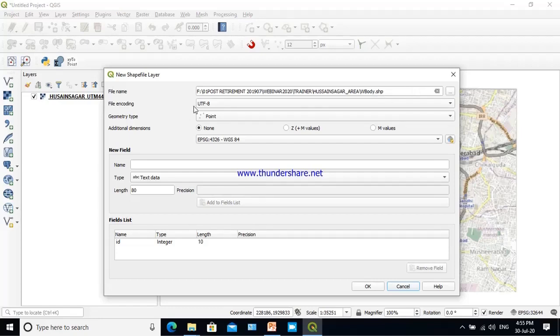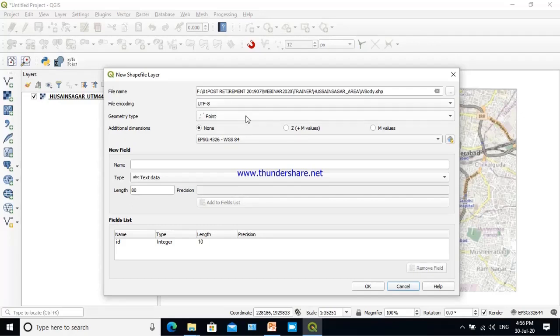Its encoding method is UTF-8. Yes, keep it as the default. UTF-8 means it will take the data of all the Unicode scripts. It will take Hindi, Devanagari scripts also, English scripts, Roman scripts also.